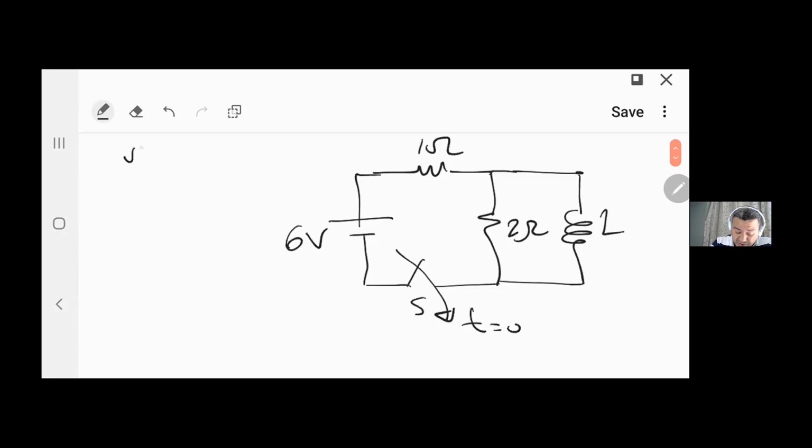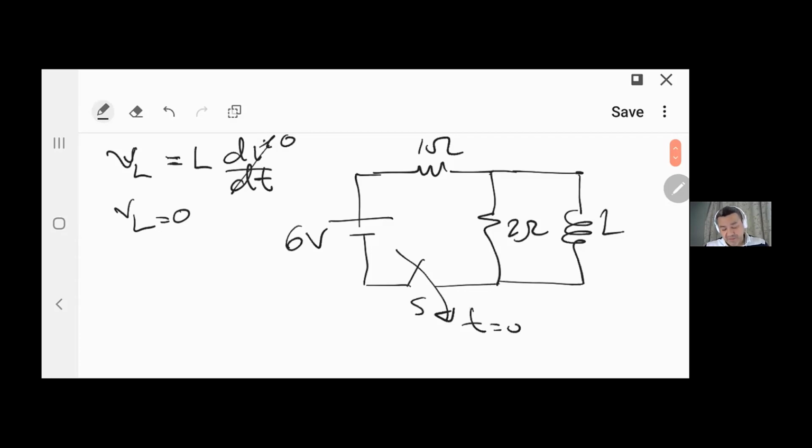Because if you recall, what did we say about VL? We said that VL equals L di over dt. And long time means that the current now is not changing with time anymore. The current becomes DC again. So at that sense, the di over dt will be 0 and the VL will be 0. And a component that has a voltage drop across it equal to 0 basically means a piece of wire,